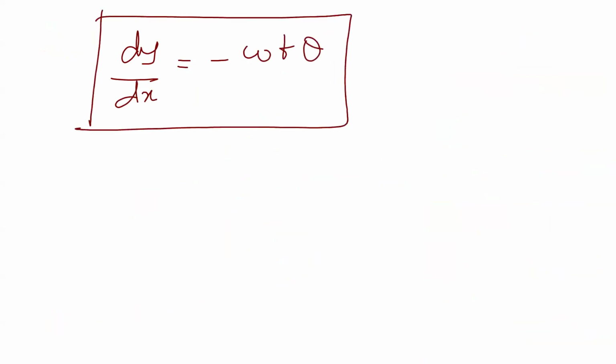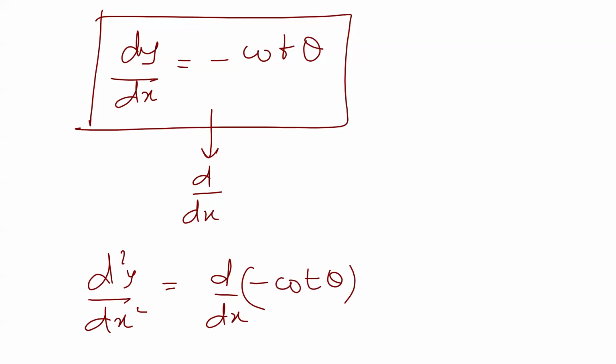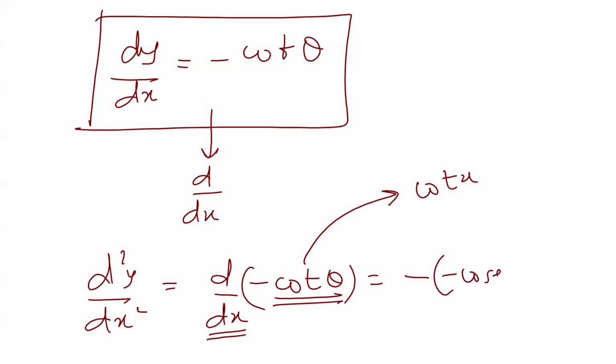Now this time we'll differentiate this with respect to x on both the sides. So d by dx of dy by dx is d square y by dx square. And this will be d by dx of minus cot theta. Minus will go outside. Derivative of cot theta with respect to x. So I'll compare this with cot x formula. Derivative of cot x is minus cosec square x. So derivative of cot theta will be minus cosec square theta